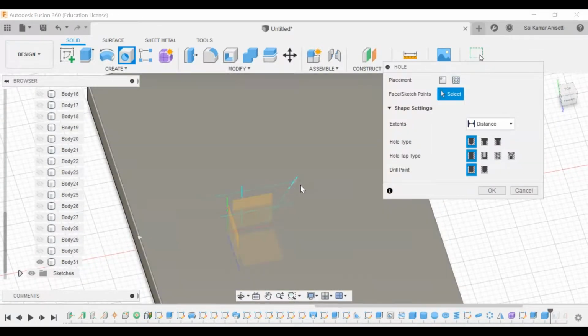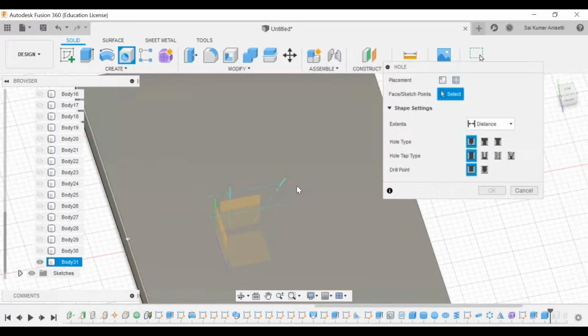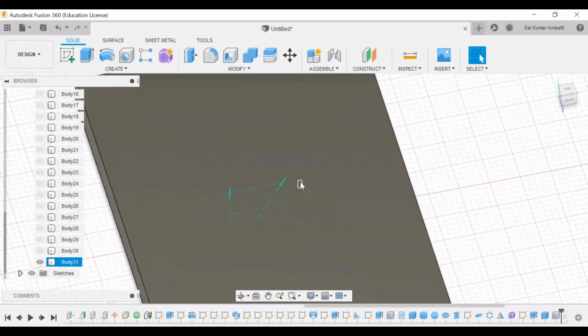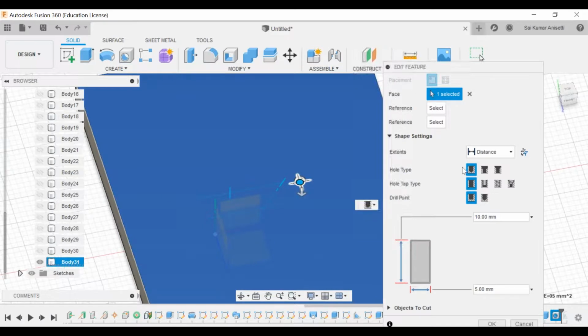Hole. So this is one method. This is a simple hole. I'll click the size of this hole. Select that instead of 10 or 50, diameter of 40.